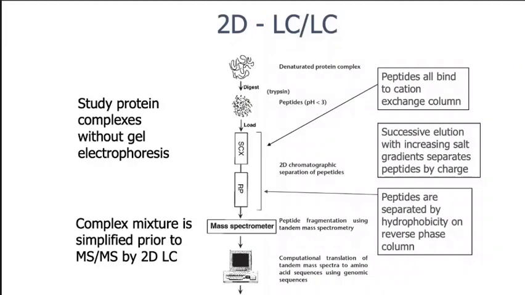So we have two forces for separation. Then the eluted polypeptides will go to a mass spectrometer to measure the molecular mass, and here we can use a peptide fragmentation unit, including tandem mass spectroscopy. In this tandem mass spectroscopy, the polypeptide will be fragmented into many smaller polypeptides, and